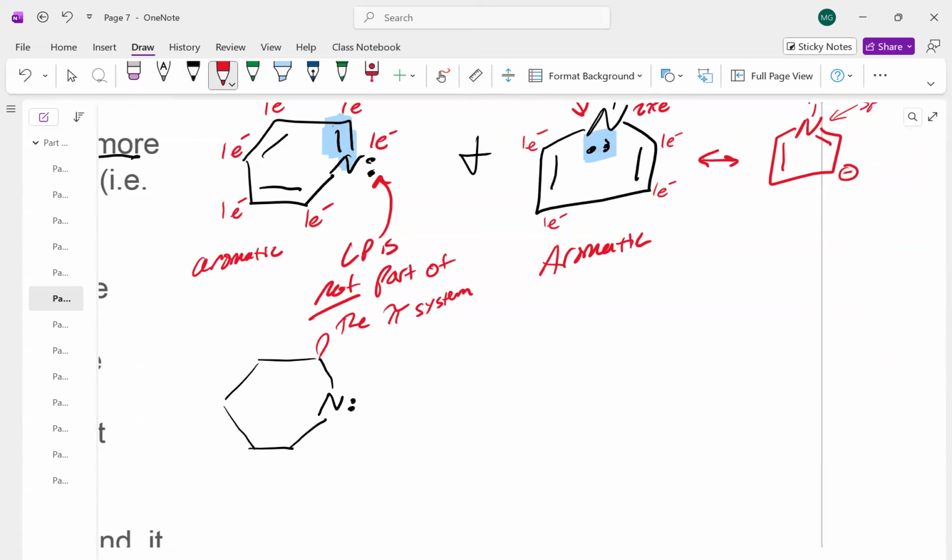And here are my carbon p orbitals. And then there's the nitrogen p orbital. That lone pair is not parallel. It is perpendicular in an sp2 orbital. That's why it can't be part of the pi system. But if we look at our other example here,